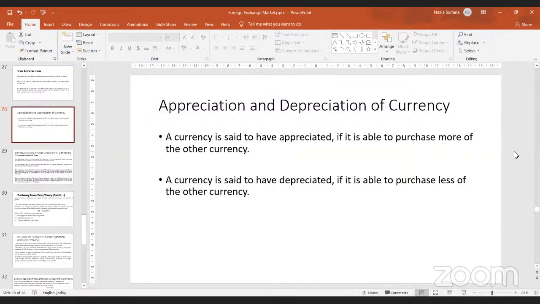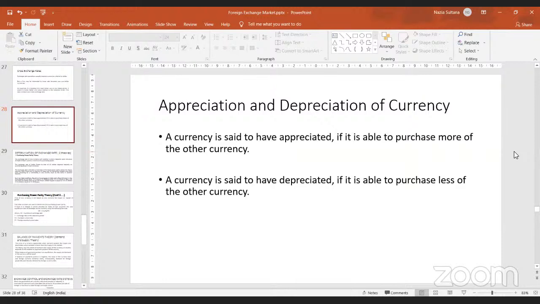So that way, the value of Indian currency is going on depleting. You will need more Indian money to buy foreign currencies. So the value of your currency, that is the purchasing power of your currency in terms of other countries' currency, always fluctuates. In case it goes high, that means a currency has appreciated, where it is the ability of the currency to buy more of foreign currency. So we call it appreciation.